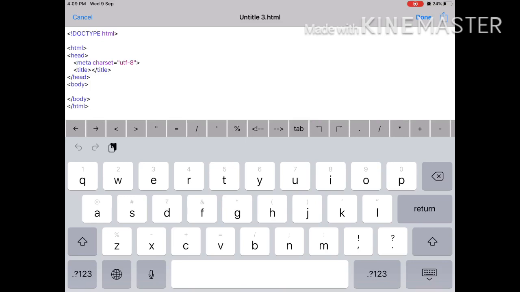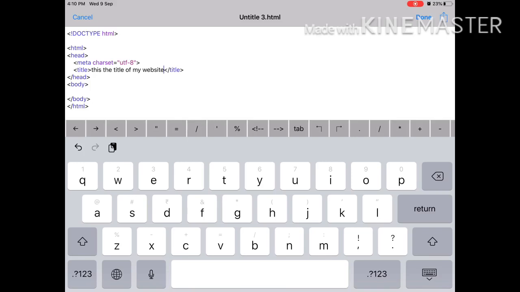It will show your title in the top corner. Suppose when I write here in the title section, this is the title of my website. So this text that I wrote right now, this is the title of my website, will be shown in the top left corner of the web browser. So this is what the head and the title elements are for.